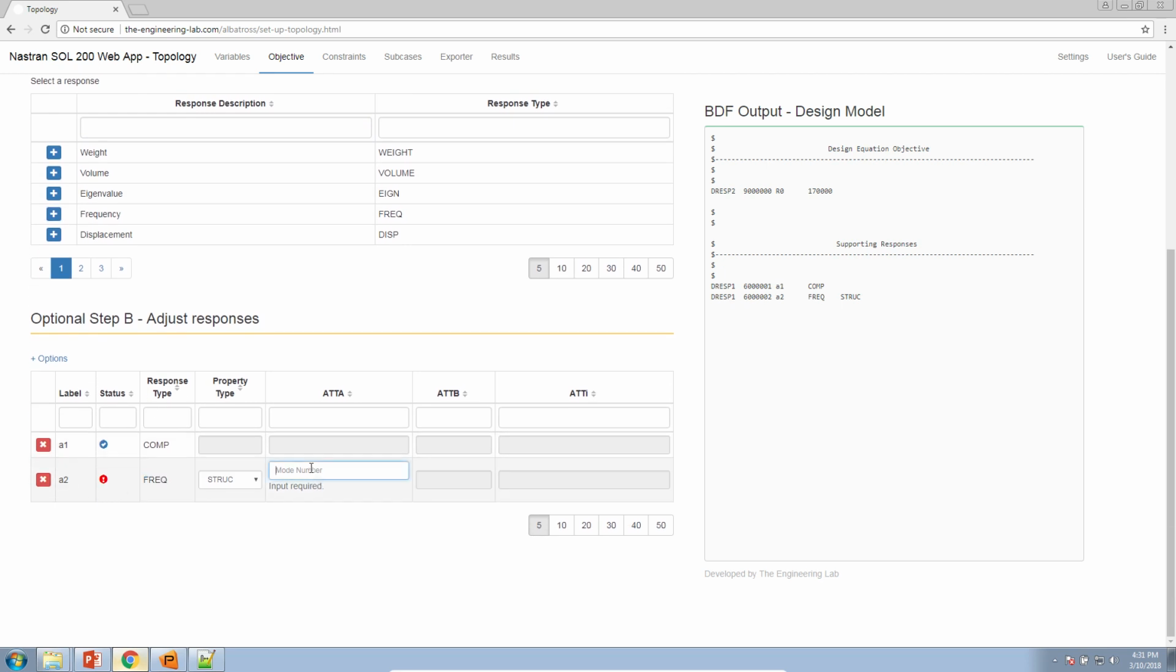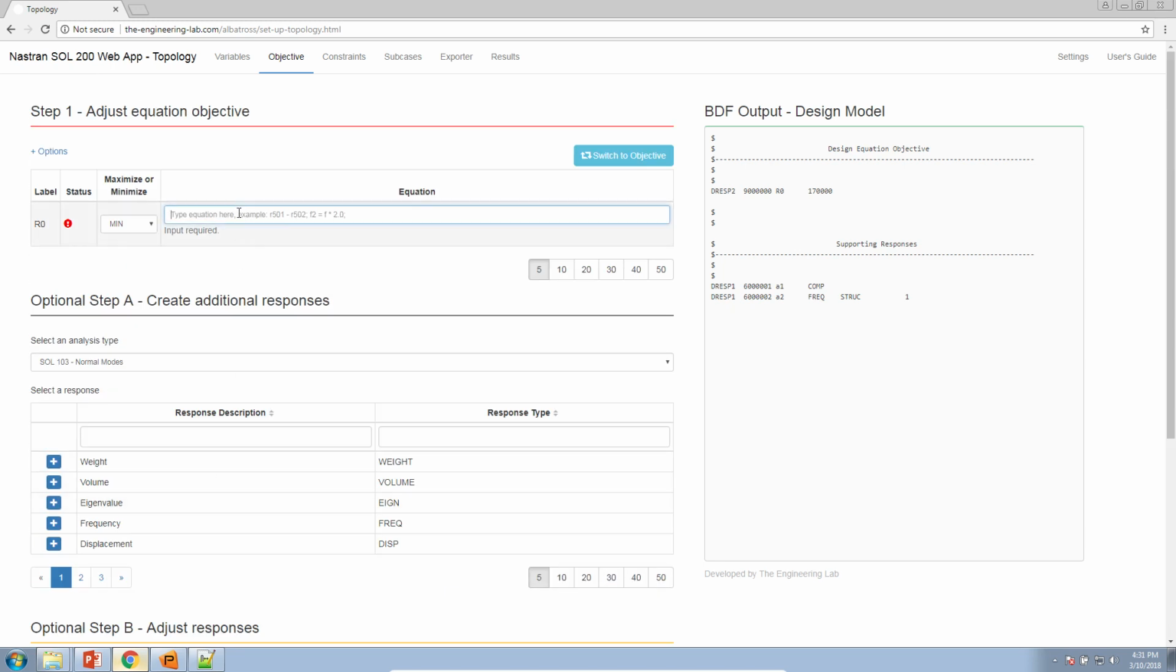And here we'll go ahead and type in 1. So it's the first natural frequency. So A1 is corresponding to the compliance of the load case. A2 is referring to the first natural frequency. So after we define both of these terms, we can go back up to this equation box and type in